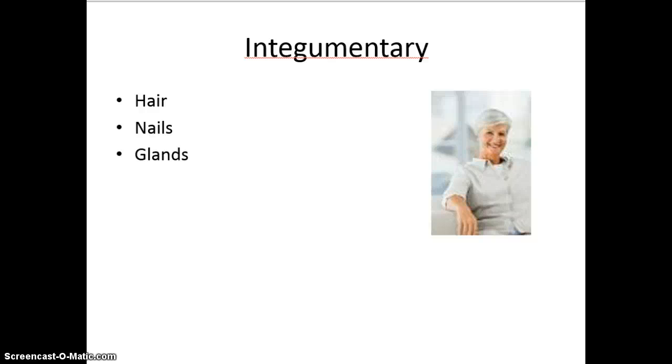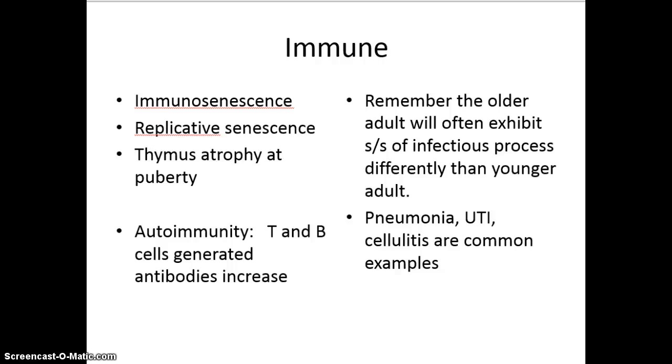The size of the sebaceous glands decrease, so that we see rougher, drier skin. Many of your older adults will not bathe as often because of changes to the integumentary system. They don't think that they have an odor because they don't sweat as much anymore, and that sometimes can be an issue for them. When we look at immunosenescence,